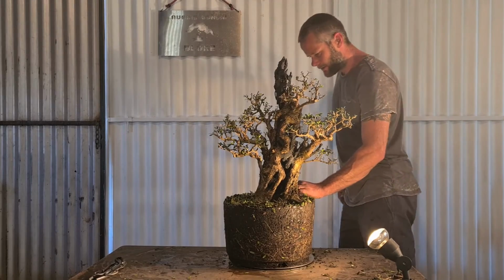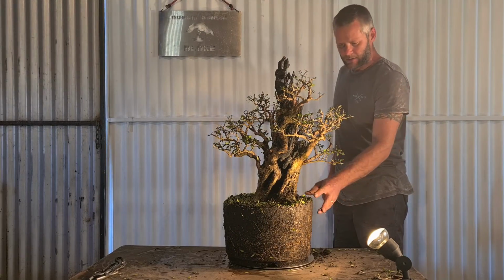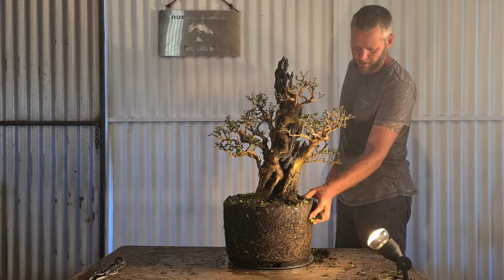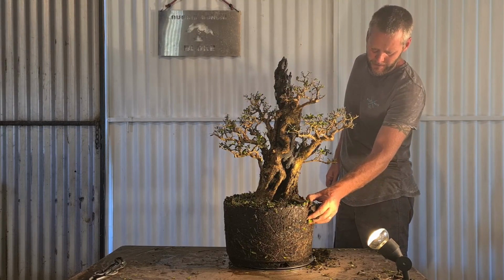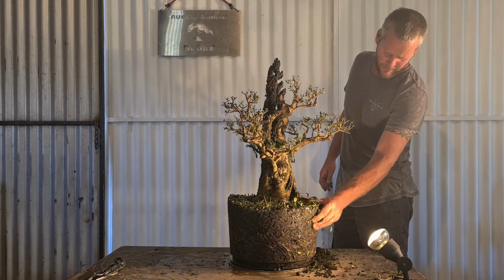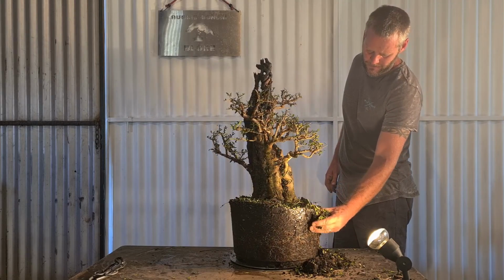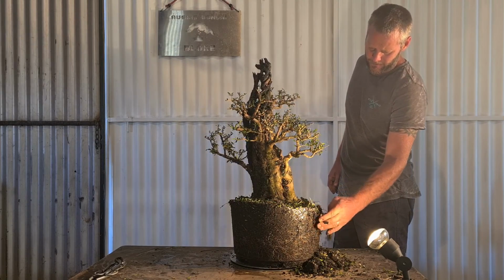So next thing is I'm just gonna clean out the roots, mainly with a hose, and just see what we got sitting in here, and then give it a bit of a repot. So yeah, let's do that. I don't really want to make too much of a mess in the shed, so I'm going to do it outside